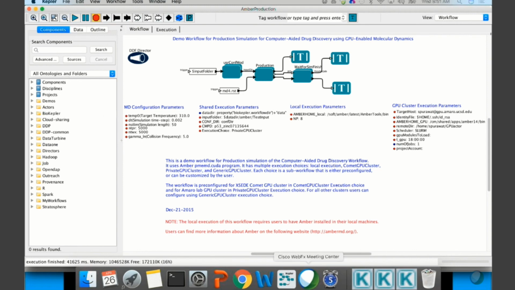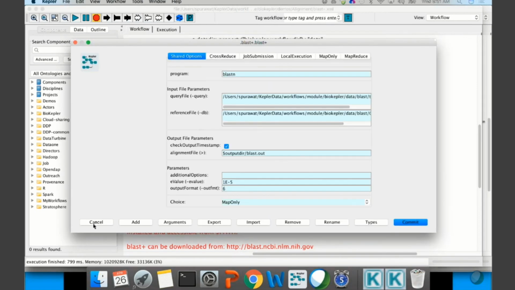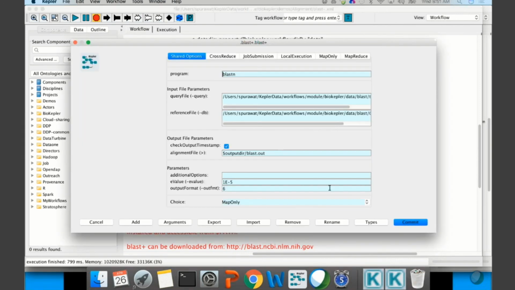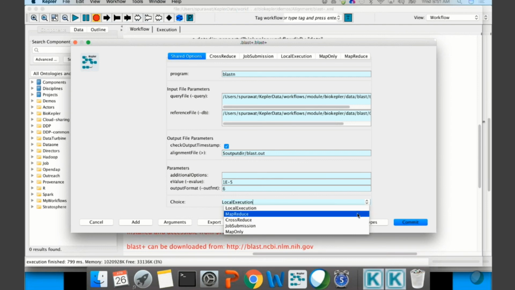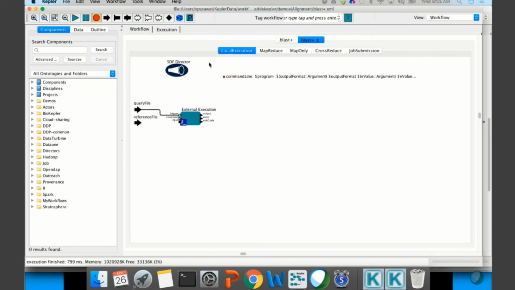Now I'll demonstrate the BLAST workflow. So this is the BLAST workflow, which has different execution choices. The BLAST algorithm basically compares the query file with the reference database and produces the alignment results. You have different execution choices. If you want to just do an experimental run, you can use local execution to execute the same workflow on your local machine. If you want to use the map only or MapReduce execution model, you can select using the drop down list and go into the workflow and configure your